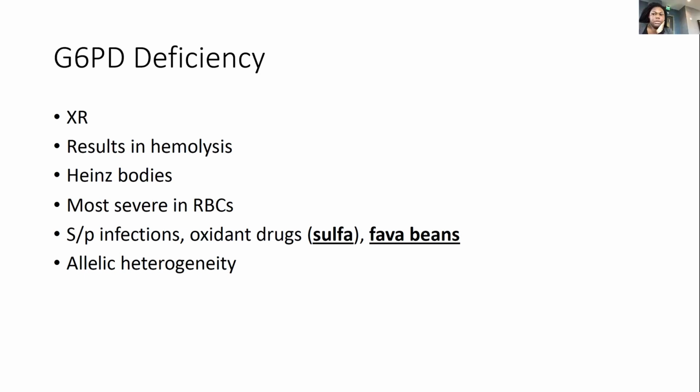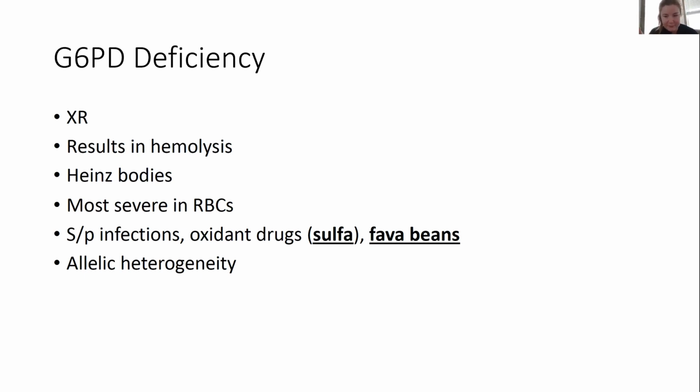Because it's increasing your oxidants. Red blood cells have no nucleus, so they can't make their own NADPH. So the chief way red blood cells get energy is going to be glycolysis. And so PPP, you don't have the enzyme and you can't do the